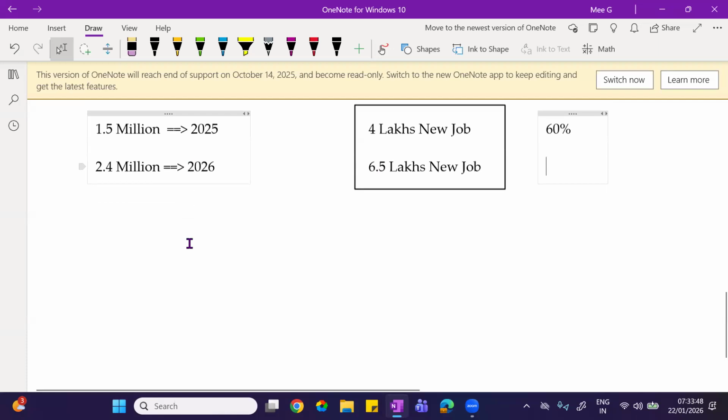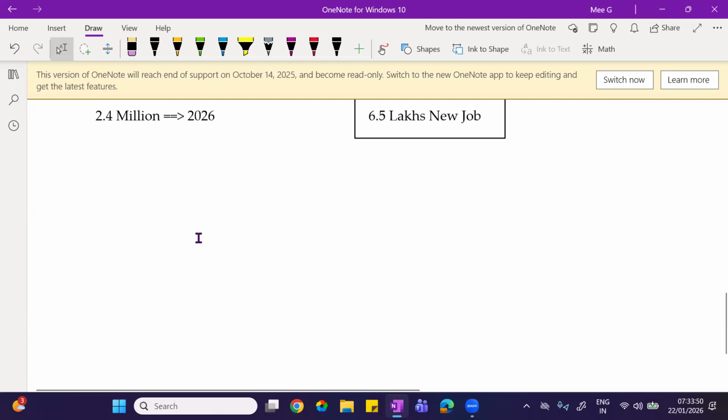Now, one thing I want to let you know, guys: AI is not an alternative. Just like if you take Java, there is an alternative, Python. And if you take Python, there is an alternative language like Julia.